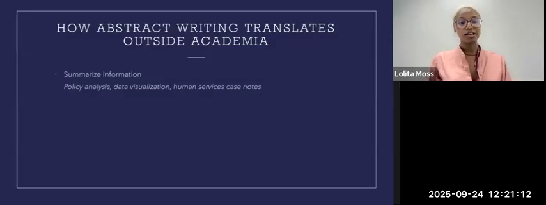I actually took a policy class when I was in graduate school. I learned how to write policy briefs. That was really fascinating. It's very difficult, but abstract writing can help you polish those skills. Data visualization is a really cool skill. It's not super emphasized in traditional academia, but there are a lot of other fields that put a lot of